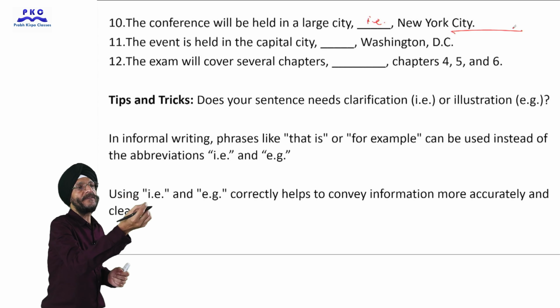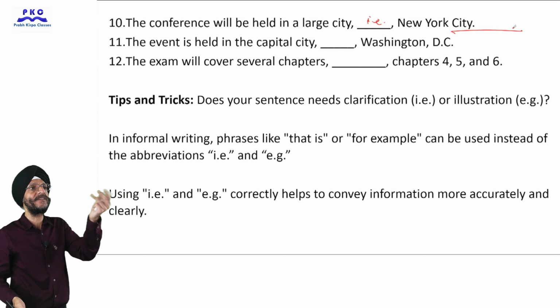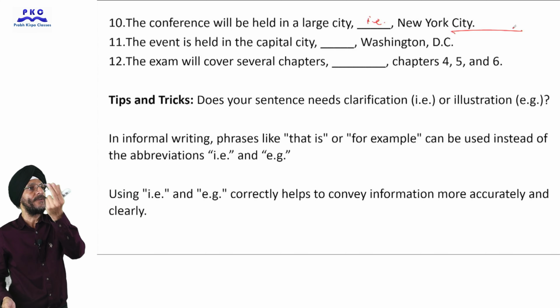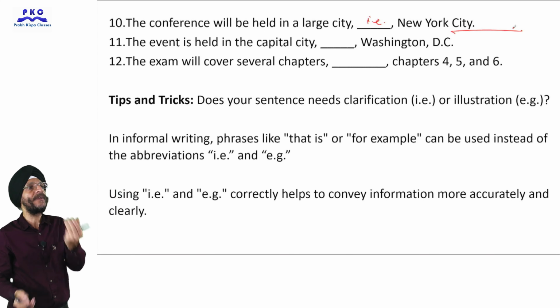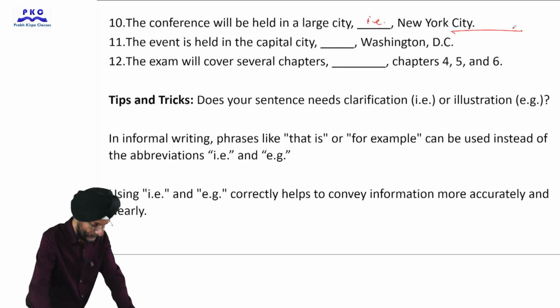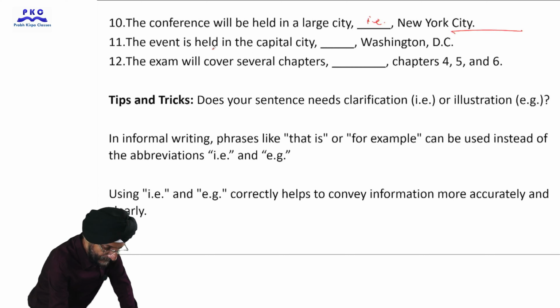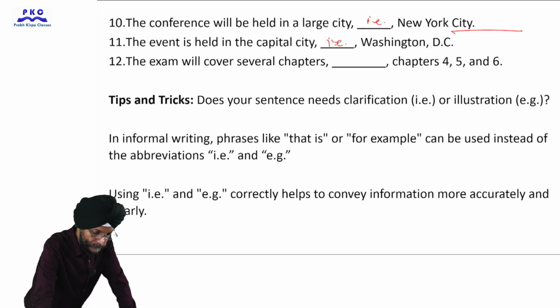Then we can write that, for example, the conference will be held in a large city, for example, New Delhi, Calcutta, Mumbai. We are giving many examples. Then we can use, for example, the event is held in the capital city. Here again we will use, that is,